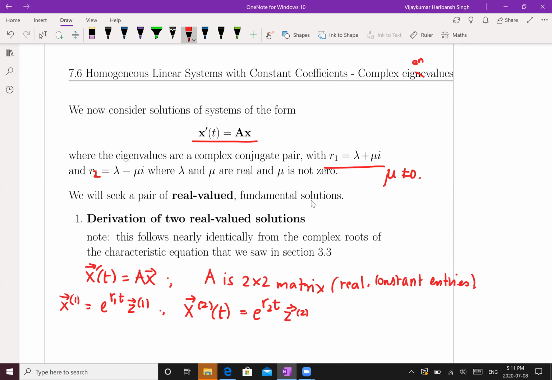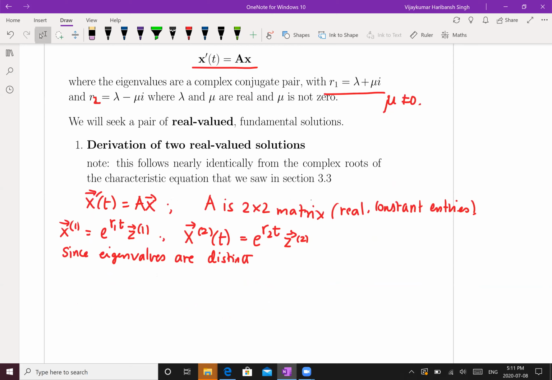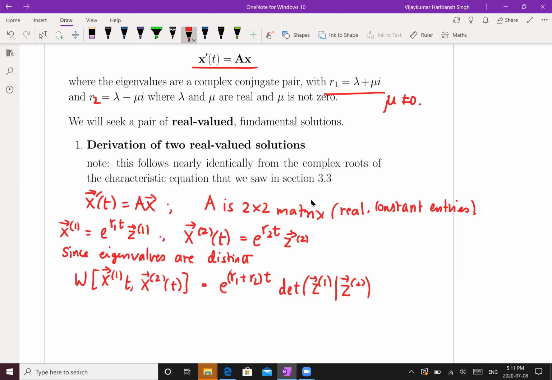Now since the eigenvalues are distinct, these vectors z1 and z2 are linearly independent, and we'll see that the Wronskian of x1(t), x2(t) is going to be e to the power (r1 plus r2) t times the determinant of z1, z2, and this is non-zero. The reason is that because the eigenvalues are distinct, the eigenvectors are linearly independent. All right. So recall